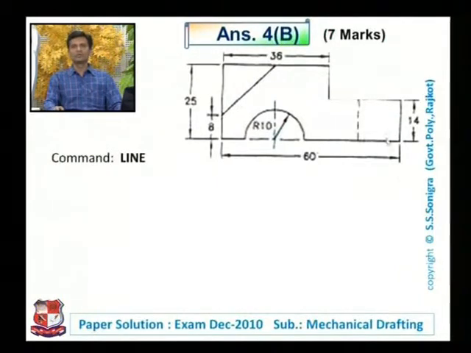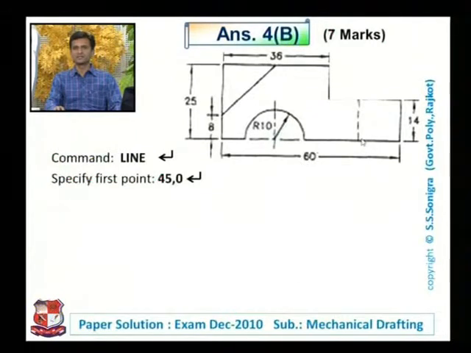line. Now we have to draw this dotted line. So for that, what do we have to do? For that, use the command line. Now find out the coordinate of this point, enter, specify first point. This x coordinate is 45 millimeter, y coordinate is 0. So specify first point as 45, 0 and enter, because this distance is 30 and this distance is not given to us. So we assume that this distance is 15 millimeter, hence the remaining distance would be 60 minus 15, that is 45 millimeter. So our first point is this, that we have specified.